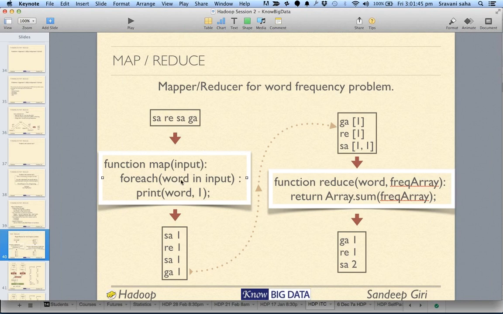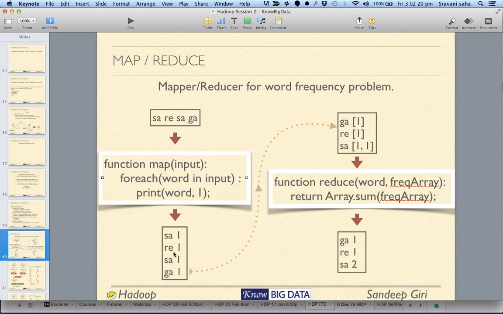So we are saying for each word in this line, input is basically a line here. Each line in the input is given to your map function, and here this is your code. This is the code you have written or I have written, where I say that for each word in the input, print word and one, word and one, word and one, meaning word is our key and one is our value. All right,